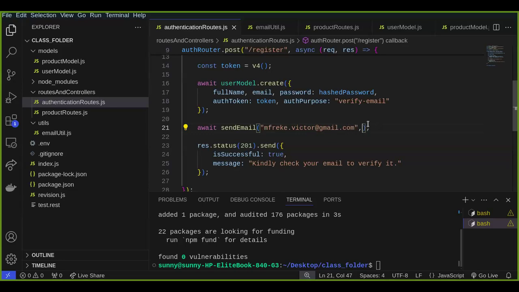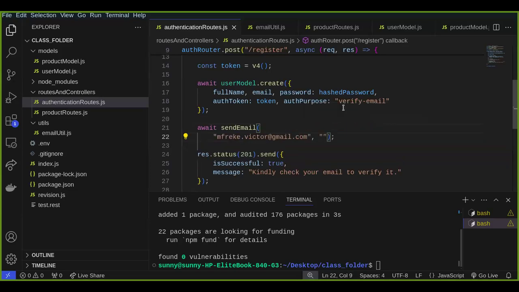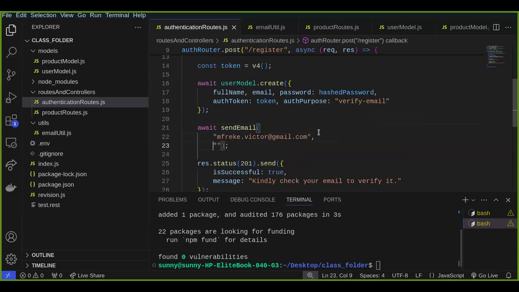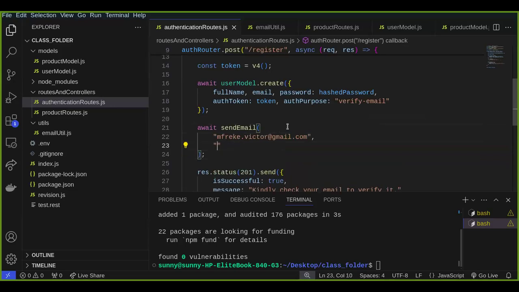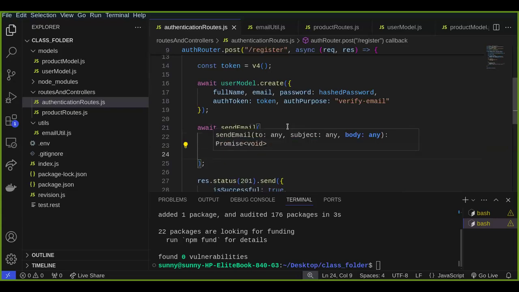Then the subject would be, let me break this down into different lines. So the subject would be verify email, while the body would be this. The body is going to be,